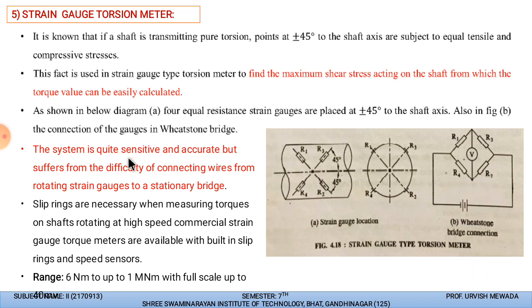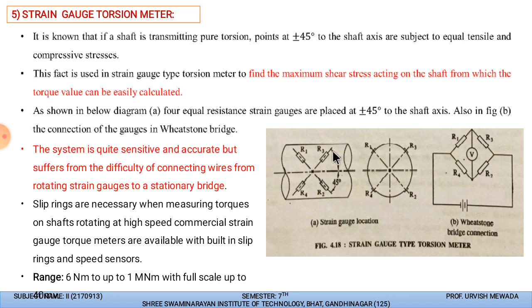The system is quite sensitive and accurate, but it suffers from the difficulty of connecting wires, because the resistances are mounted on the shaft, and it is very difficult to take the output from the rotating shaft to the steady Wheatstone bridge. So slip rings are necessary when measuring torque with such a method. And for a shaft rotating at high speed, commercial strain gauge torque meters are